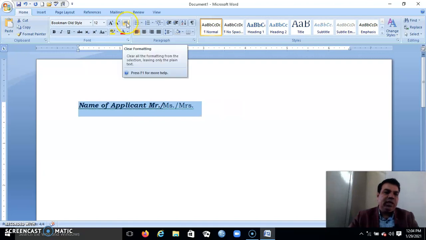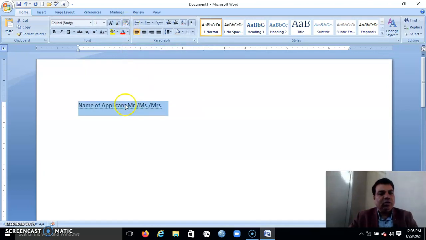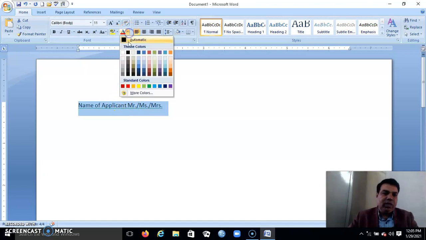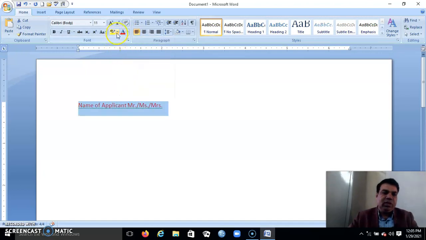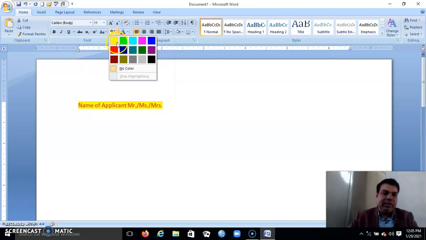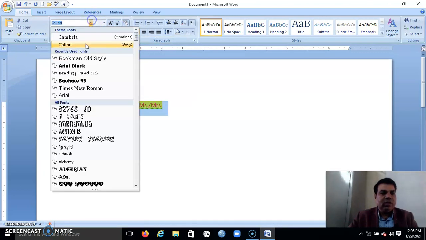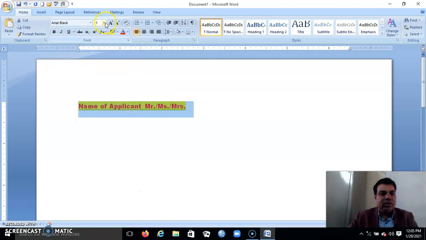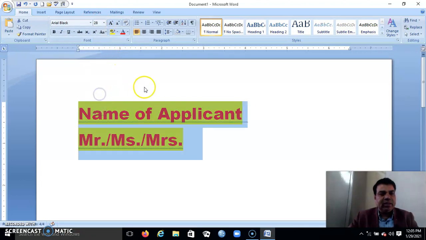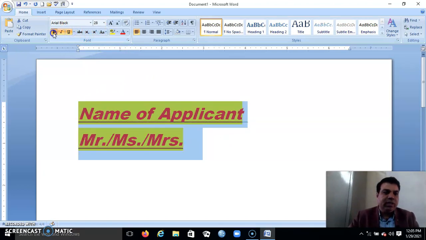And this is the clear format button. This button will clear all the formattings. When I click on this, it will clear all my formattings, bold, italic, underline. Suppose I have also changed the font color, the background color, the font and the size also. I have done many things. You can underline, italic and bold.